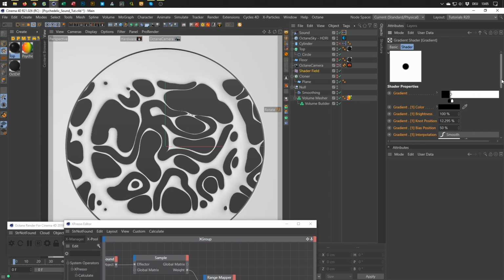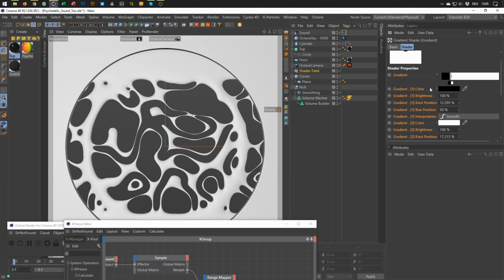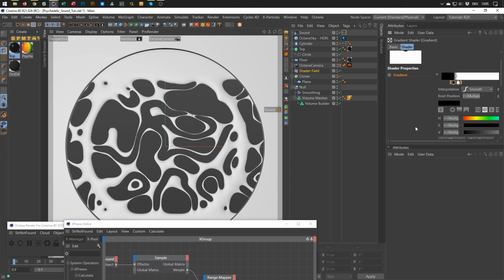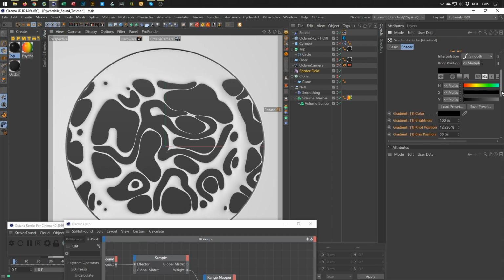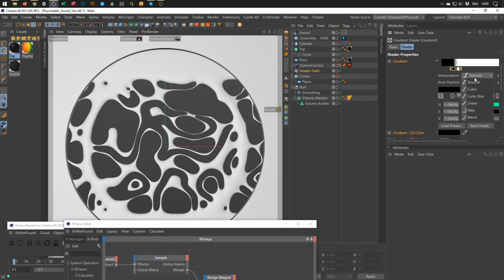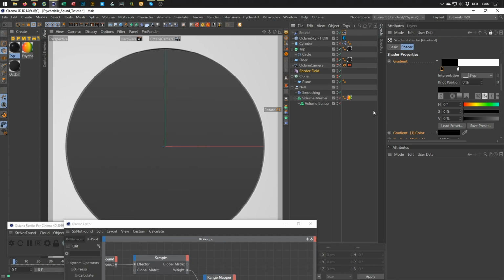So what I do is I take this too and make here a step and go with the black one to 0. Come on, 0. Let's deactivate this for the moment. And here I could animate the position of the white